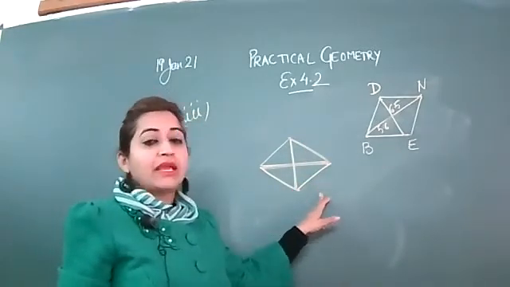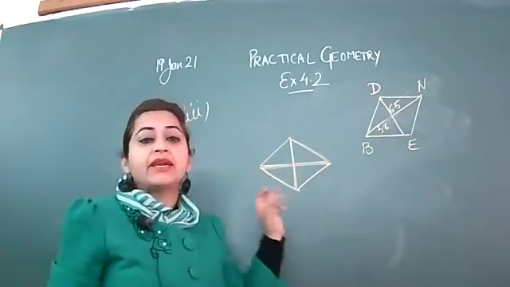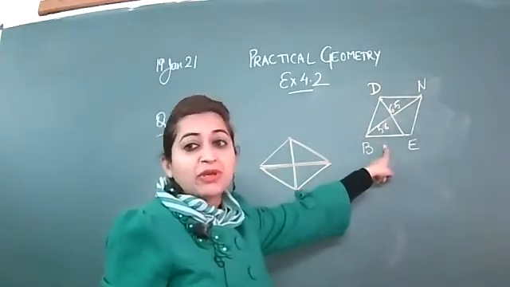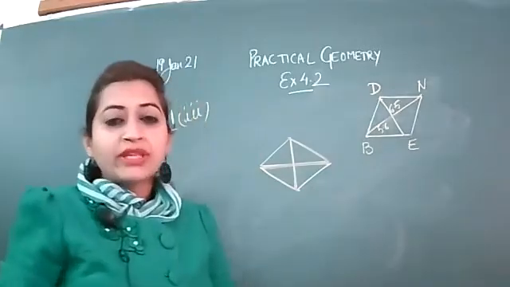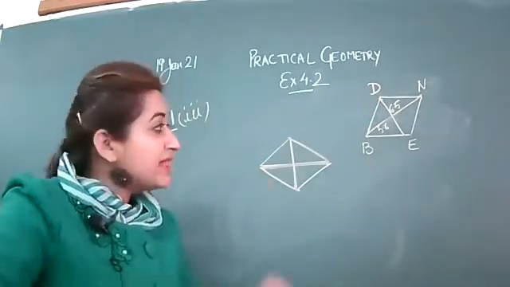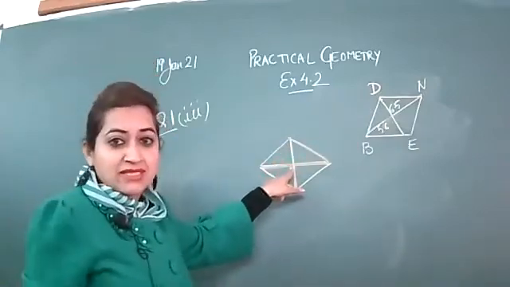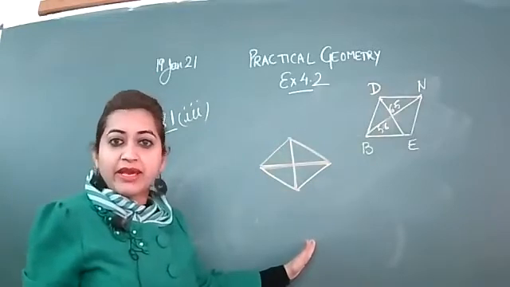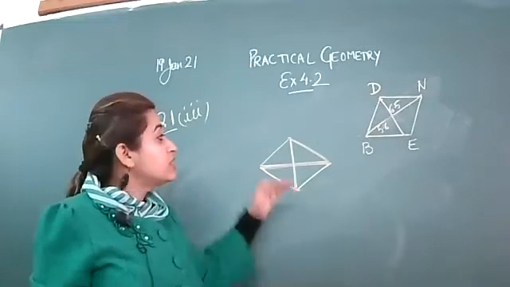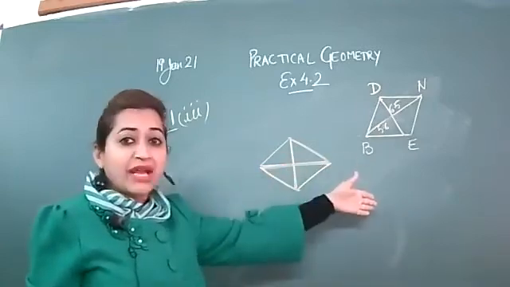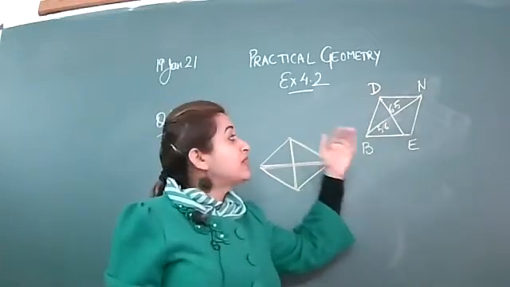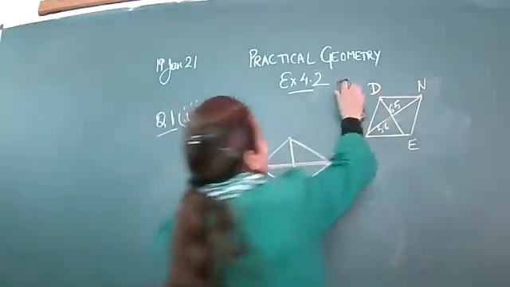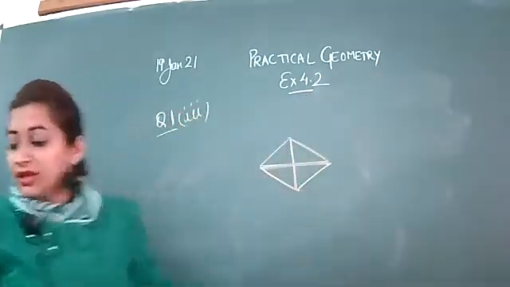Got it beta? You have to keep this thing in your mind, that whenever diagonals are given, then you will not start from the base, because base is not given. If base is not given, then how will you start? That means you have to take one of the diagonals as the base. That's why I have drawn the diagonal in the horizontal manner, then in the vertical manner. Is it okay, beta? So it's compulsory to start from the diagonal, because no side is given. If the side is not given, then how will you start? You will not proceed with the side, because length of the side is not given. So you have to start from the diagonal.